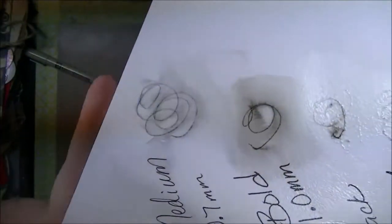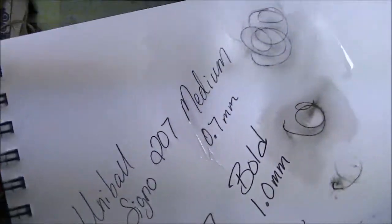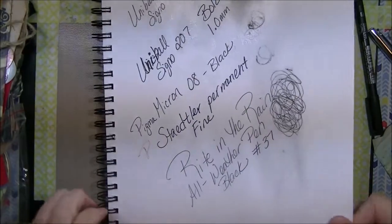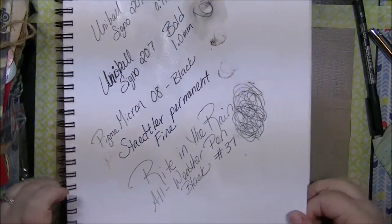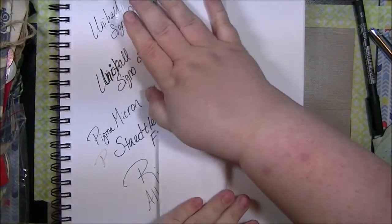Okay. So now you can see when I wrote on the wet paper what they all did. But the Write in the Rain wrote on that paper. Okay, so gel medium. Okay, now I got more. I'm gonna fold this over so that we can still see